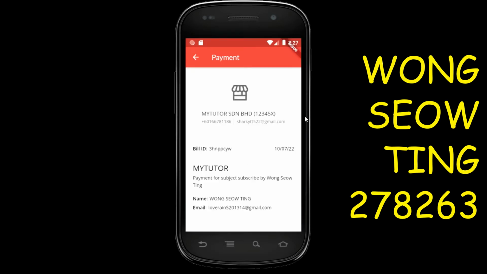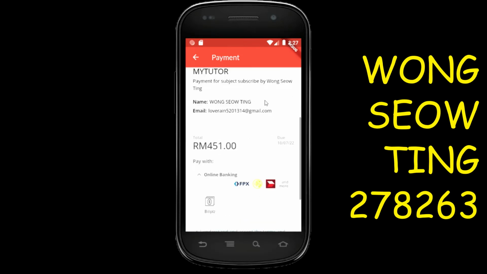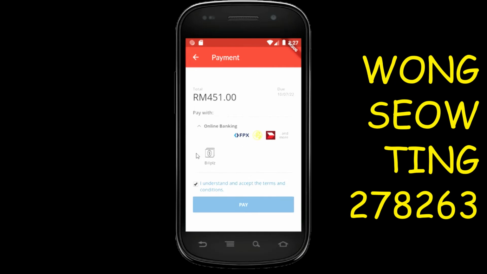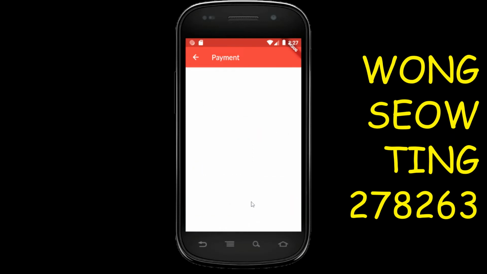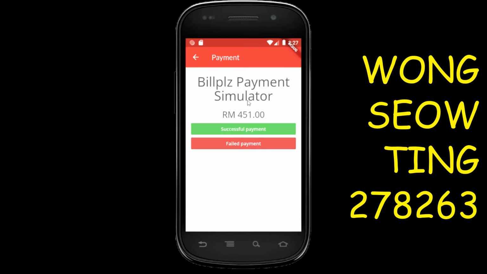So it will appear the payment screen. This is the bill, and then we just click on bill please, and then press pay. So the total is 451 ringgit. Pay and processing. So it will appear a successful payment or failed payment. If we press the failed payment,